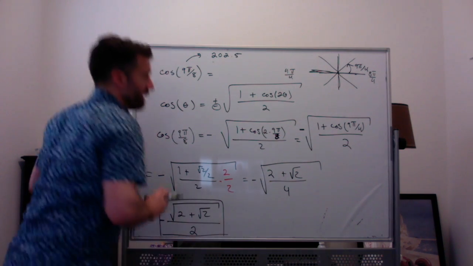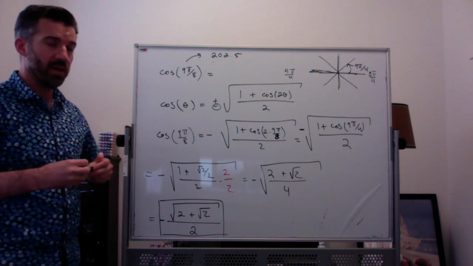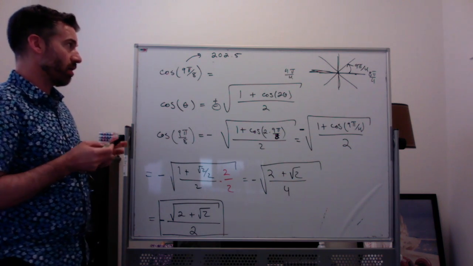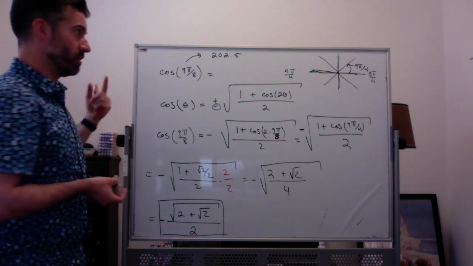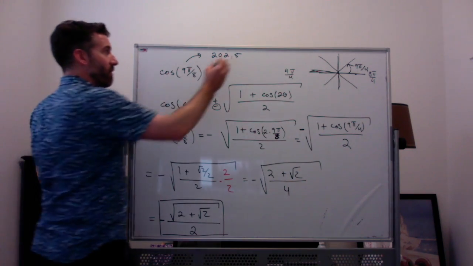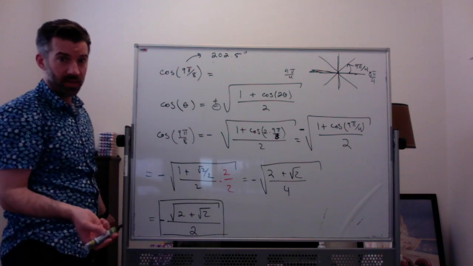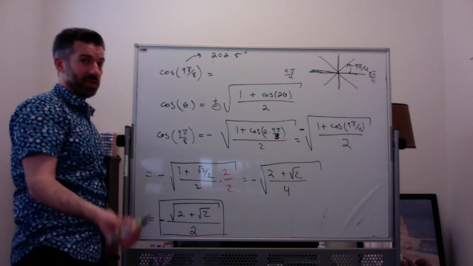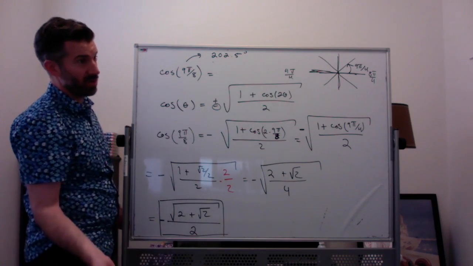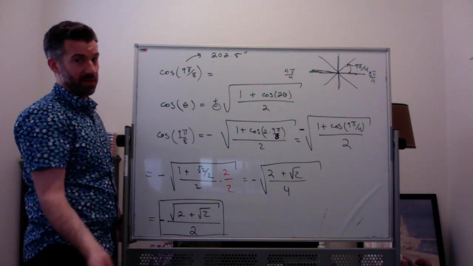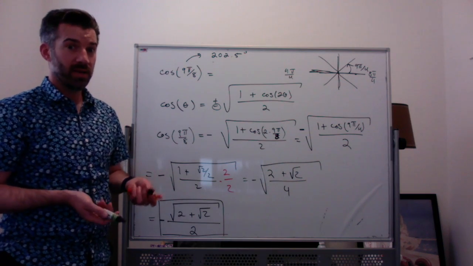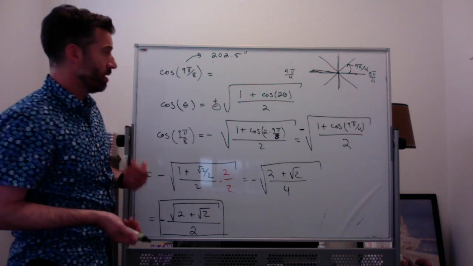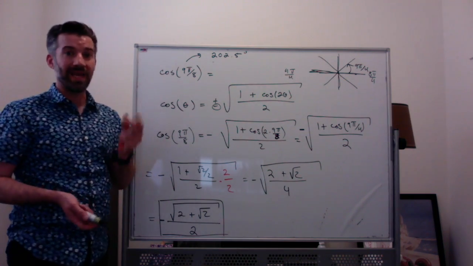So there's a couple examples of how you use the half angle formula to evaluate angles that are either in radians, something pi over 8, or in degrees, where you will always have a half a degree. Right? Half of 45 degrees is 22.5 degrees. Half of 135 degrees is 67.5 degrees. So whenever you see a half a degree showing up, you know you have to use the half angle formula. If you see something pi over 8, you know you have to use